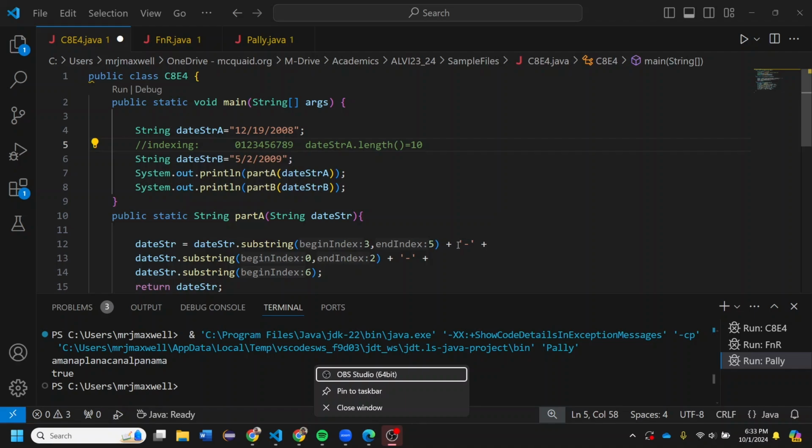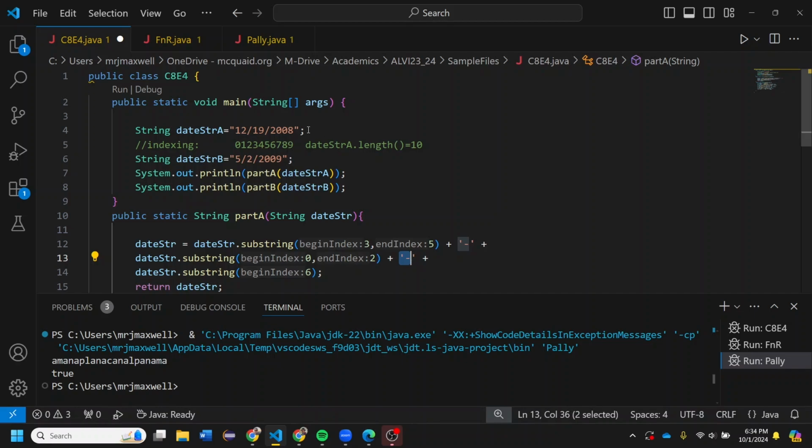We use concatenation to add a dash, and then we find the month portion, which is index 0 through 1. However, because it takes 1 less than the index, it starts at 0 and includes index 1, but not 2. Using concatenation, we add the dash,